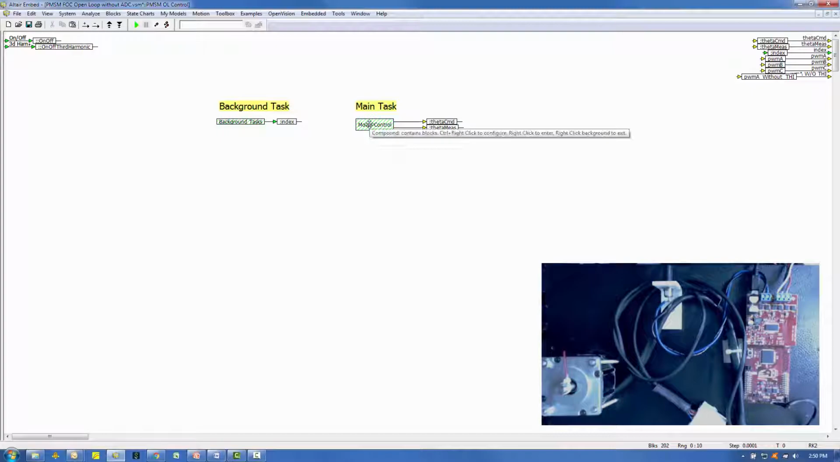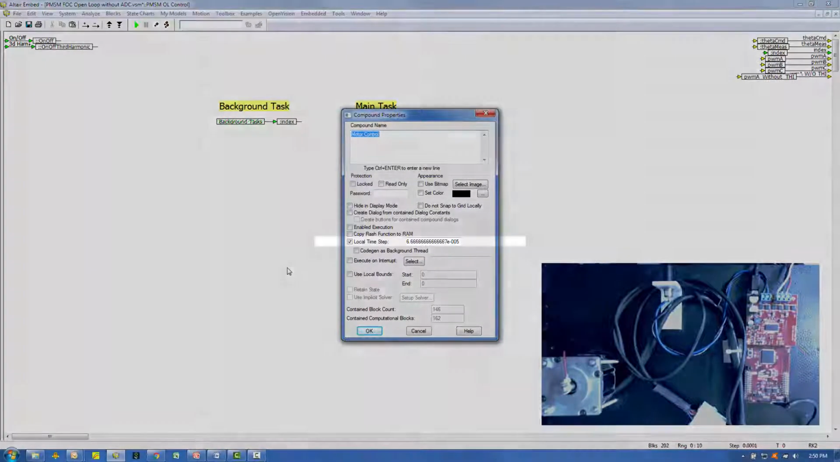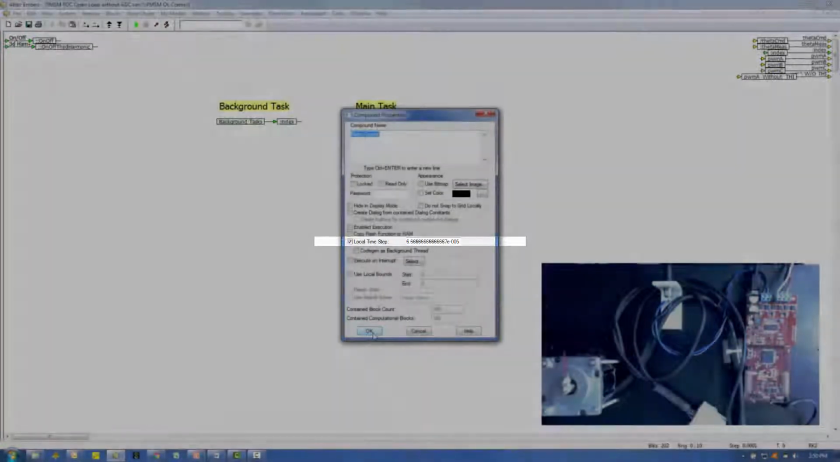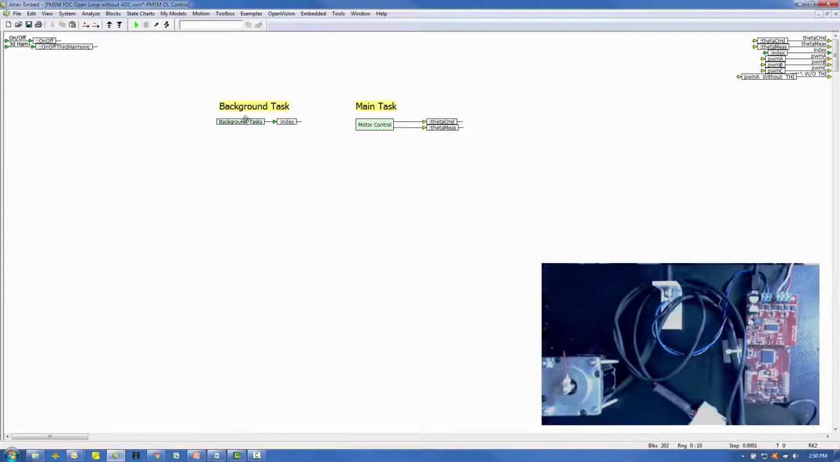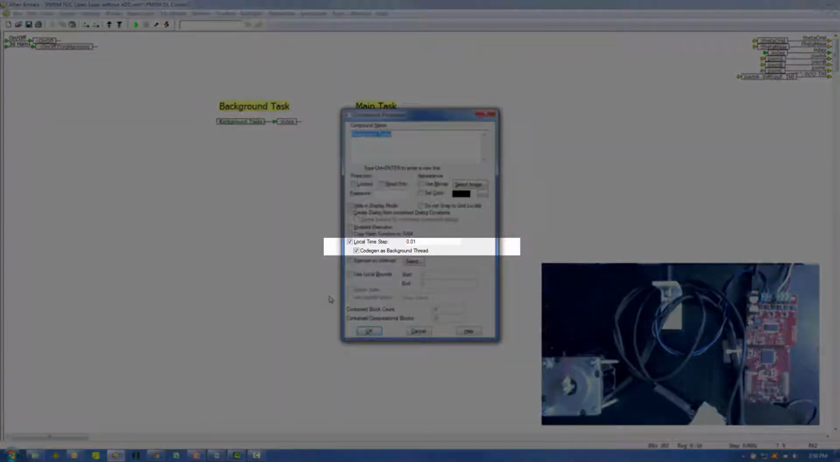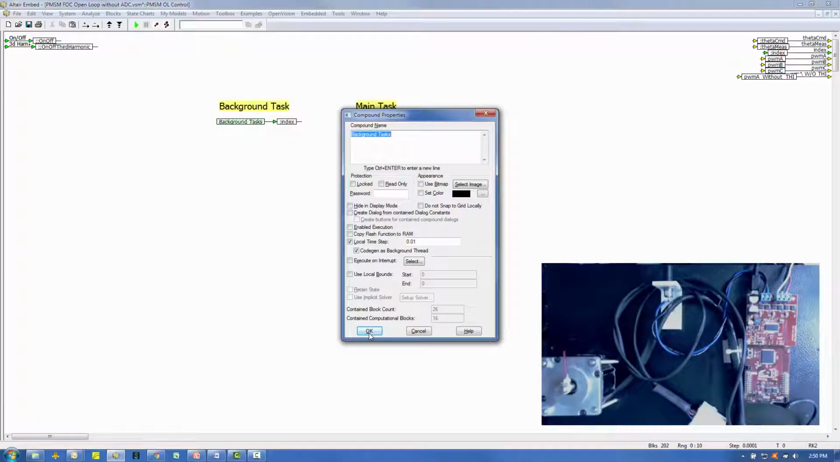Control right mouse on the motor control compound block reveals this block is executed every 6.67 e to the minus 5 seconds, or 15 kilohertz. Control right mouse on the background task compound block reveals this block is executed every 0.01 seconds and is a background thread, which means it can be interrupted if necessary for the motor control to maintain its 15 kilohertz sample